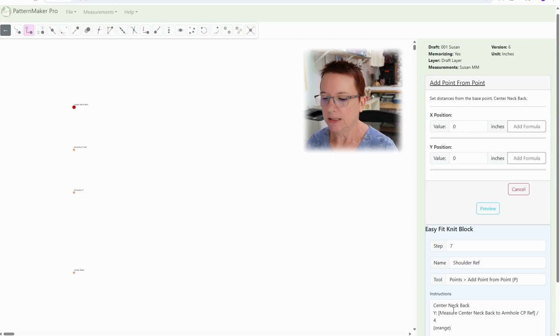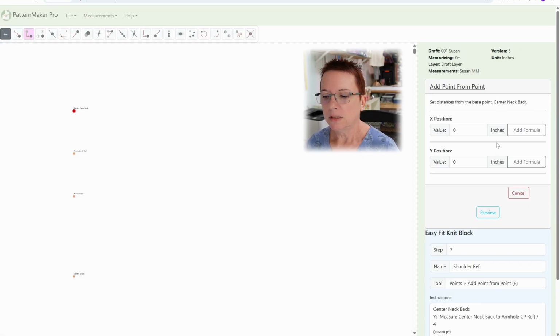Now this time it says that we need to measure from the center neck back to the armhole curve point reference divided by 4. This is a really common instruction when you're drafting. It'll instruct you to measure an existing set of points as a value for the placement of another point. So this was really important that this was included into the program. So let me show you how that works. This is the Y position,